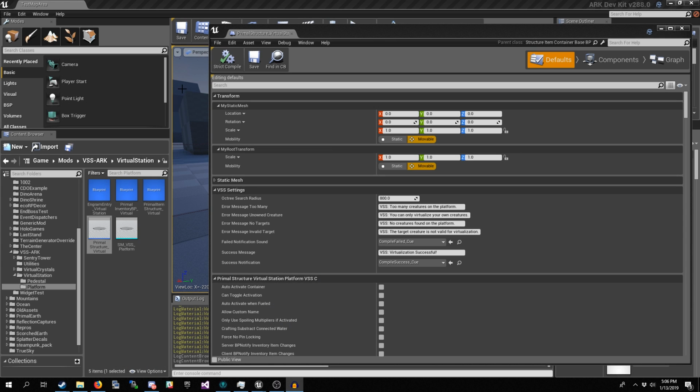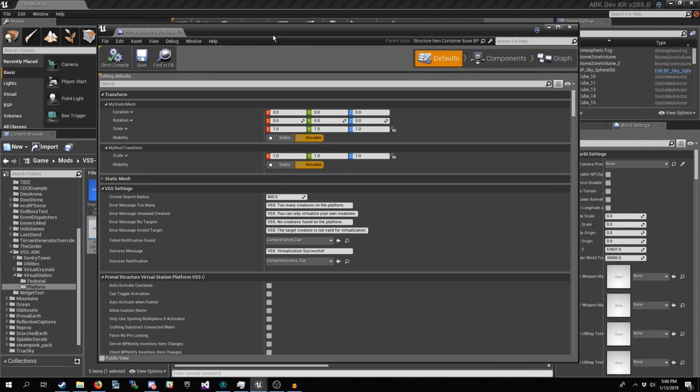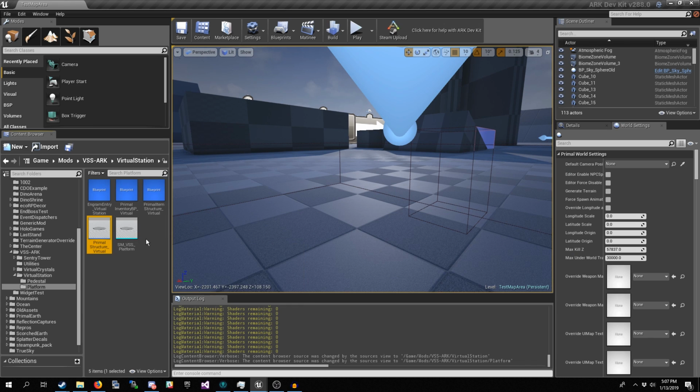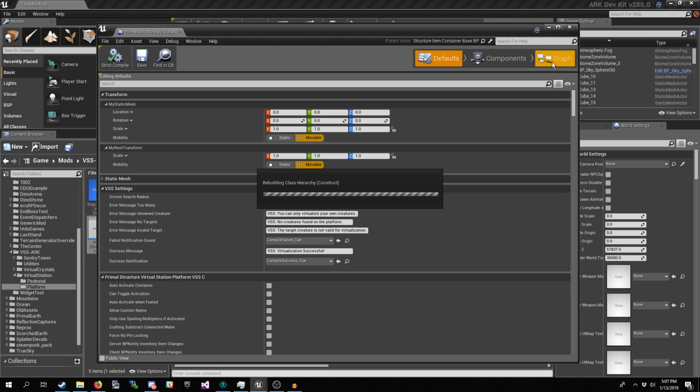All right, so here we are back in the dev kit. Now, as I mentioned, we made a couple changes. As you'll notice, I'm up on 288. You may or may not have this. I'm still trying to get this update out to the Epic Launcher. Once it is, you'll have access to it as well. But because of some changes in recent dev kit versions, we made some changes. Primarily, the biggest one, actually no, not the biggest one, but first one.